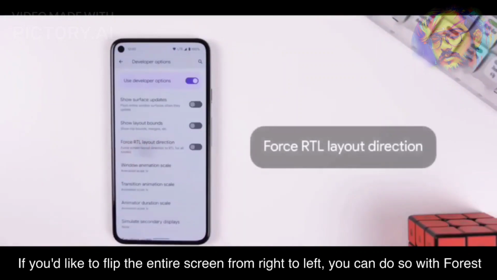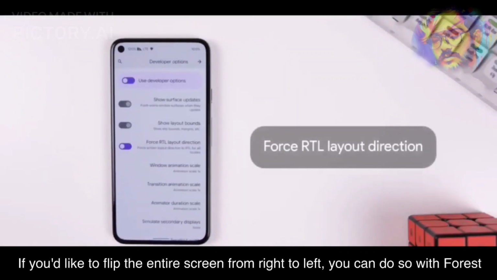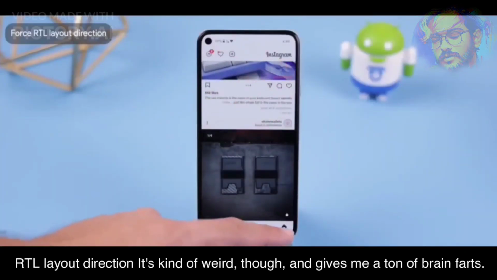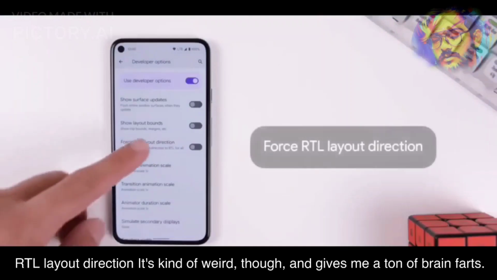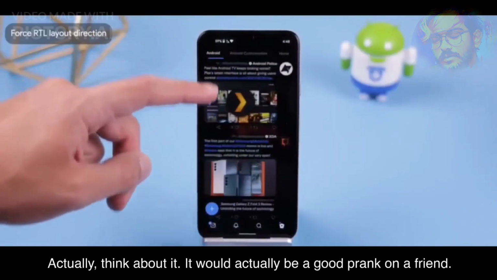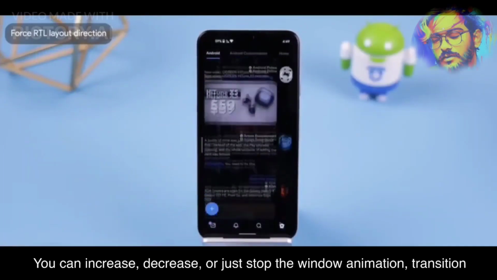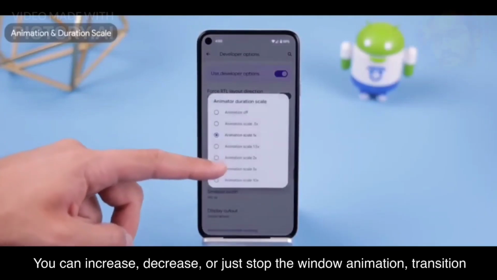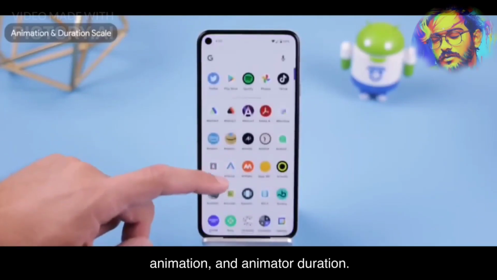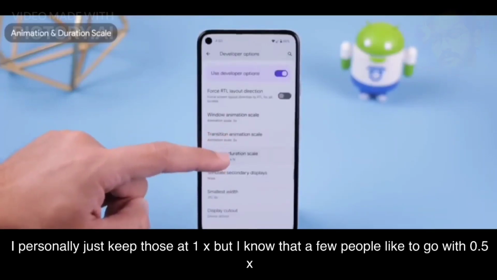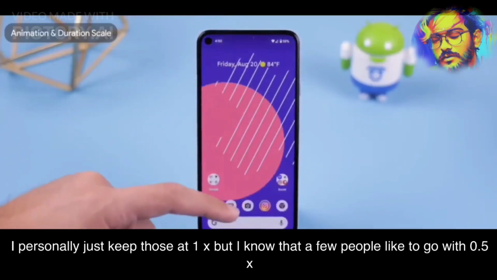If you'd like to flip the entire screen from right to left, you can do so with Force RTL layout direction. It's kind of weird, though, and gives me a ton of brain farts. Actually, think about it, it would be a good prank on a friend. You can increase, decrease, or just stop the window animation, transition animation, and animator duration. I personally just keep those at 1x, but I know that a few people like to go with 0.5x for